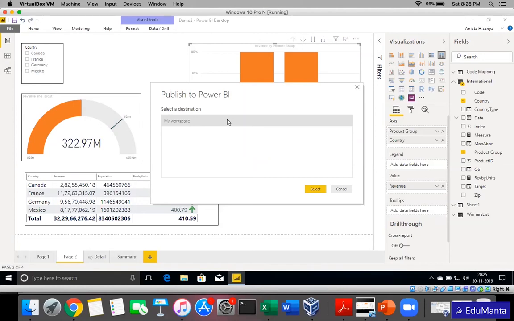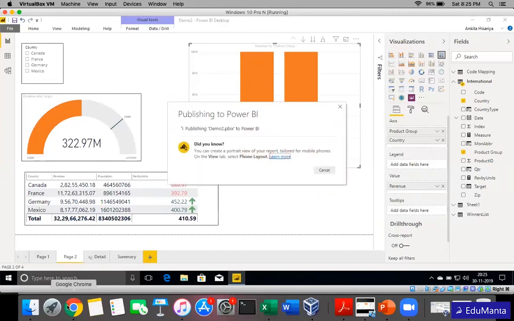But in general, when we are working in organizations, business, Power BI, we have multiple workspaces split up. For example, you can have a dev environment, QA environment, and so on, or you can have different categories of users assigned to different workspaces and so on. So in that case, you will have the list of workspaces available here, maybe workspace 1, 2, 3, and so on. Then you will select the correct workspace. Right now I have just one option. I'll select on this and